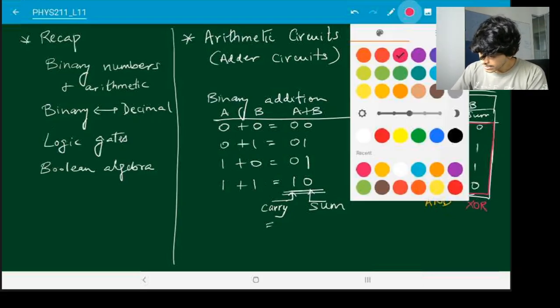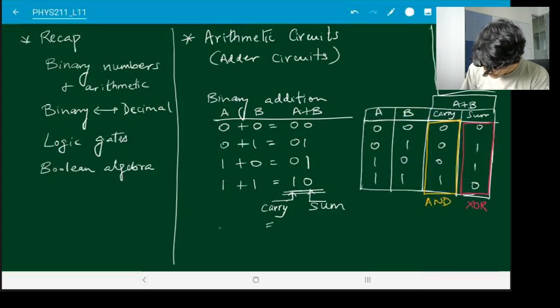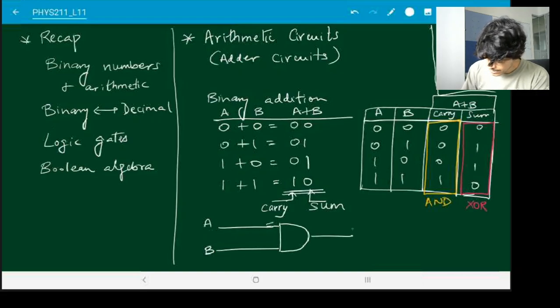So what I can do is I can now draw a logical circuit like this. If I want to add the numbers A and B, then you might want to pass them through an AND gate, and this gives you the carry.